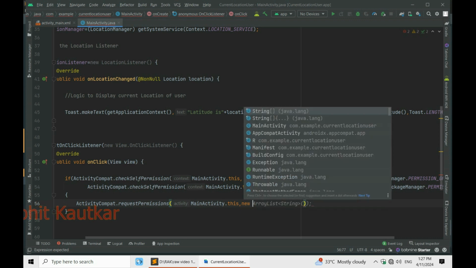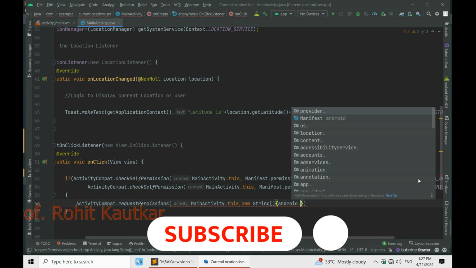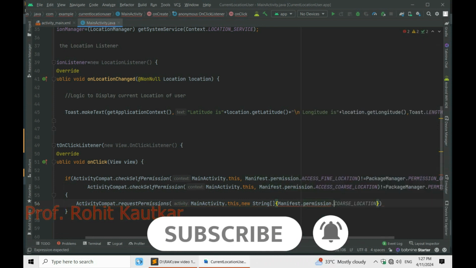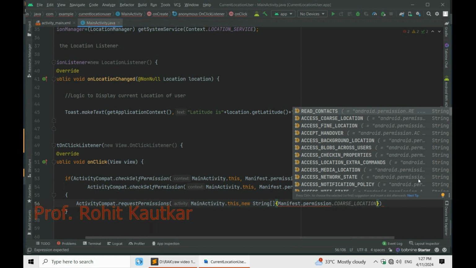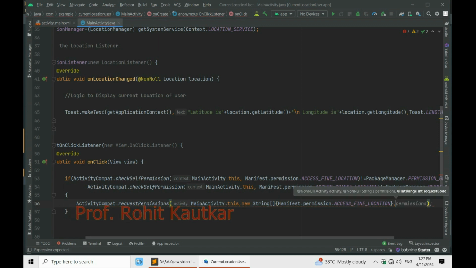So new String, and in a pair of curly brackets we will specify android.Manifest.permission. So I am going to use here ACCESS_FINE_LOCATION, and next to that we have to specify the request code. Any request code you may specify, like 4 I am specifying here,